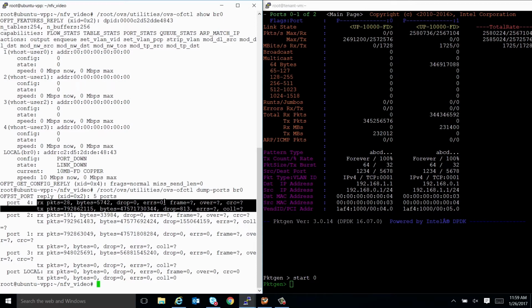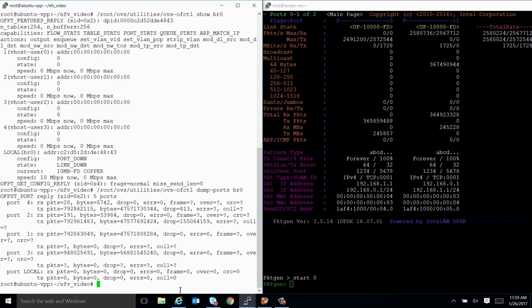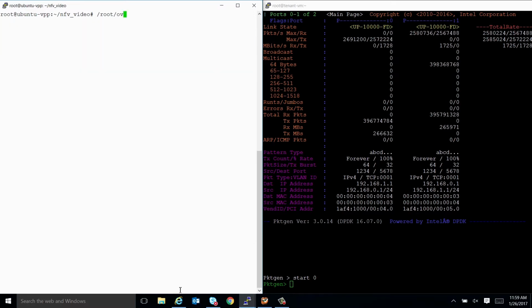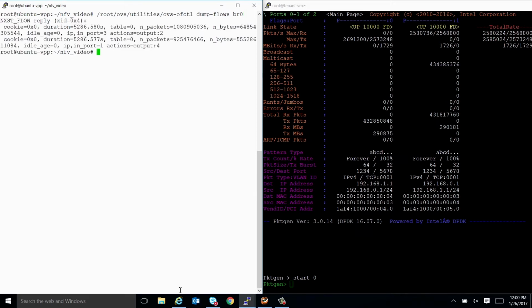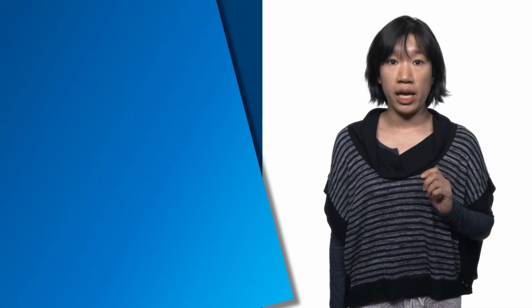We can also trace the packets that have been configured with specific flow configuration. To trace the packet flow in the OVS bridge, type OVS-OF-CTL dump flows BR0. It outputs the list of flows being created with the number of packets going through the programmed flows. As for VNF application running in the VM, for example, with DPDK testpmd application, it has a feature